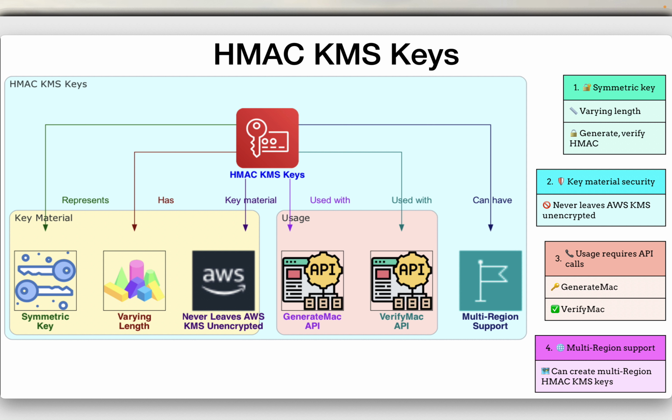So basically, we have seen symmetric, asymmetric keys. HMAC keys are basically to, like let's say you have a huge amount of data, you generate some hash. HMAC keys are used to generate and verify the hash for that amount of data. So it's slightly different. It's basically more for cases like whether data corruption has happened or data has been tampered with.